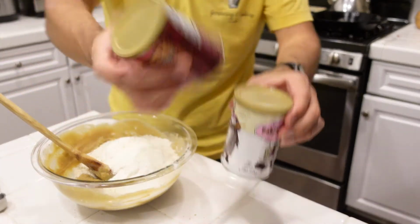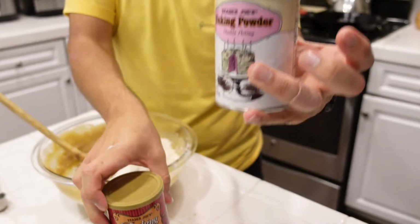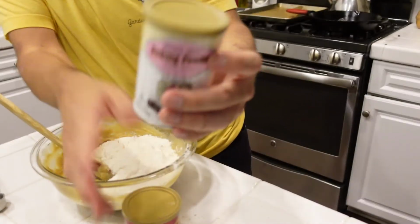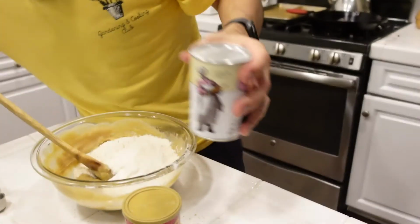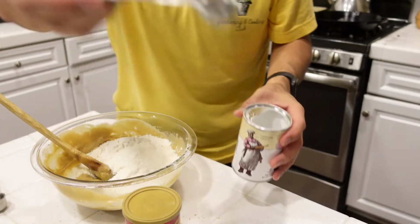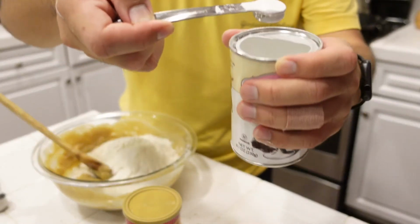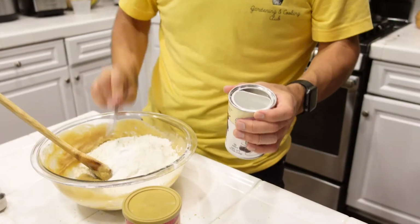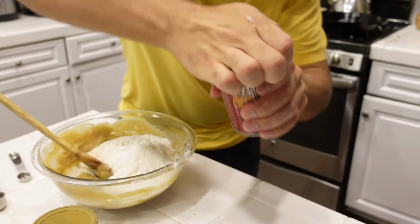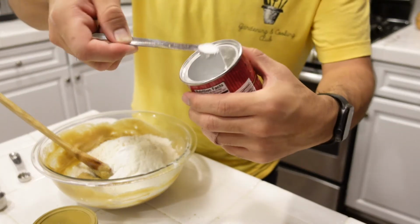Finally, we're gonna need some baking soda and baking powder. Let's start off with the baking powder. The recipe says we need to use 1/2 teaspoon of baking powder. So I'm gonna go ahead and use 1/2 teaspoon. About that much. Baking soda, it wants 1/4 teaspoon. So baking soda